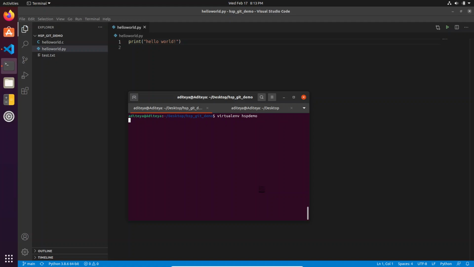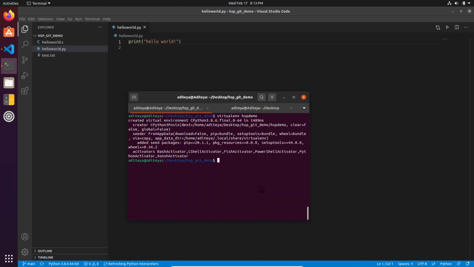And it will take a bit of time to initialize the environment. By default, it will use the same Python version as your system. The reason it does this is because it does not find any other Python version available. But if you have multiple Python versions installed, that is, let's say Python 2 and Python 3, or Python 3.5, 3.4, and so on, you can actually specify the version. Right now, I'm not going to talk about that